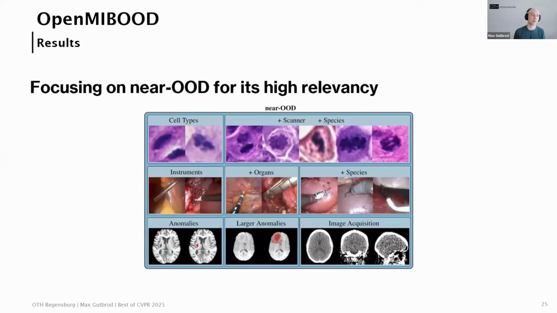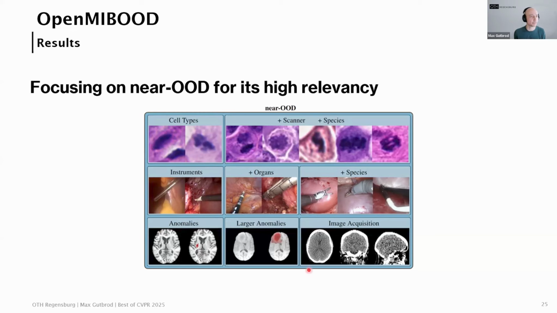However, because we think the near-OOD setting is the most relevant one, we focused our further analysis on this setting. And in this near-OOD setting, we even have a special case in our benchmarks I'd like to talk about briefly. For instance, in the second row, the FECI benchmark has not only a semantic shift coming from the novel instruments, but there is also a covariate shift because the acquisition device, the endoscopic camera, and also the hospital are different than in our ID dataset.